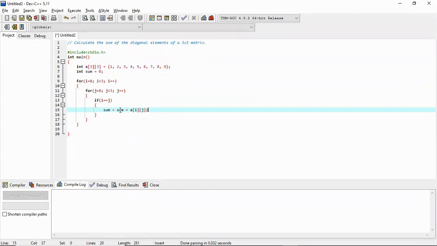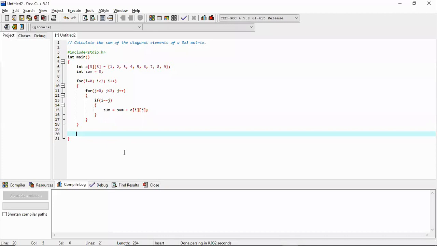When we do summation, this is a common logic that we write: sum equal to sum plus that thing, and initially we put sum equal to 0. The initial value of sum is 0, which won't affect the results, and this sum variable here as well as here makes sure that we get the total summation of all those elements. Now when all this process is over, we'll get the final sum, and that sum we can print here with printf.